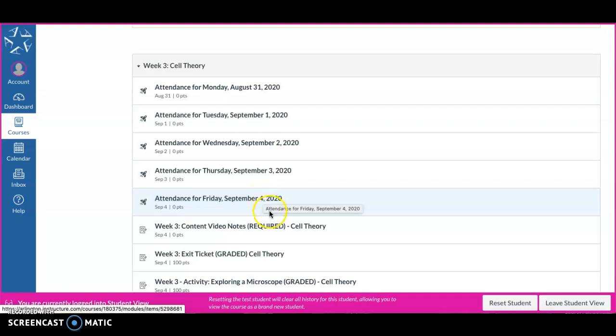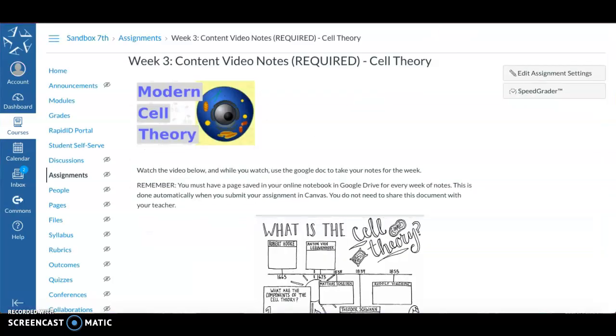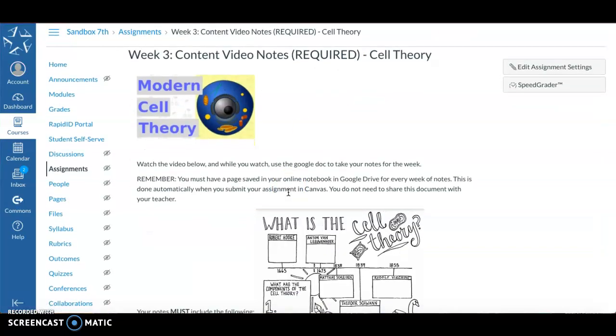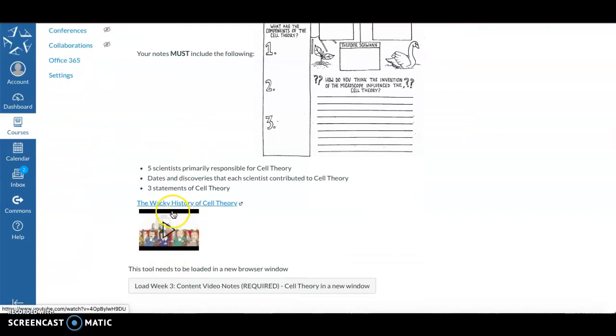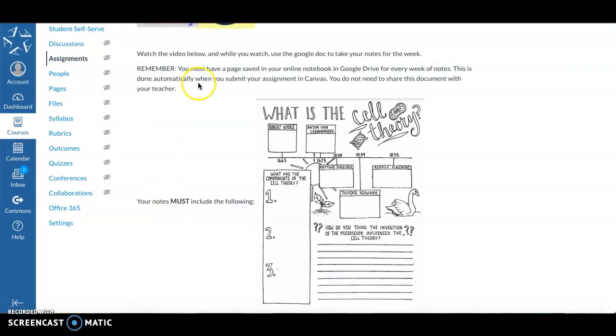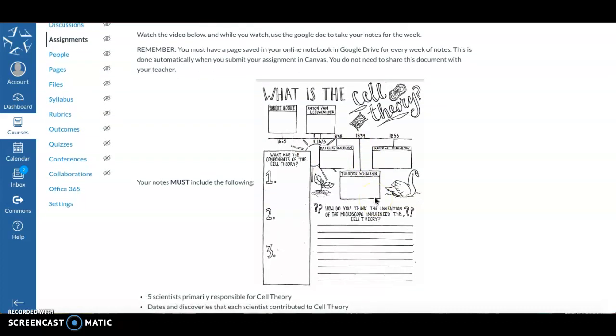Then you're going to see your first required assignment, and this is going to be your content video. So I'm going to click on that, and this is your content video notes, cell theory. So we're going to have you watch the video down at the bottom, the wacky history of cell theory, and then you are going to use the Google document at the bottom to take your notes for the week. Remember, this is going to save into your Google Drive in your science folder. You do not need to share this document with us because anytime you click submit, we automatically can see it